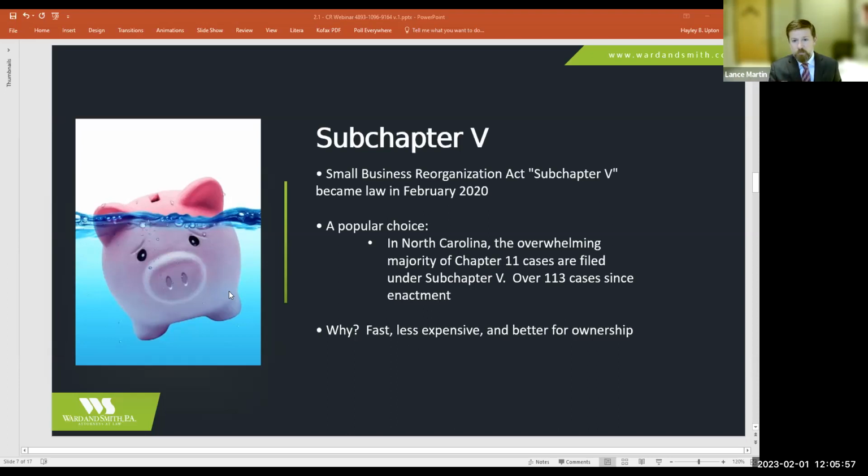I think I was saying that under traditional Chapter 11, 3 out of 4 cases fail, and they typically run for a year to 18 months. The data on Subchapter 5 for the first year that it took effect was over 50% success rate and average length of less than 6 months. So we will go into the details of why that is and what distinguishes Subchapter 5 from a traditional Chapter 11. But we will start by talking about who's eligible to file Subchapter 5, and I will turn it over to Paul.